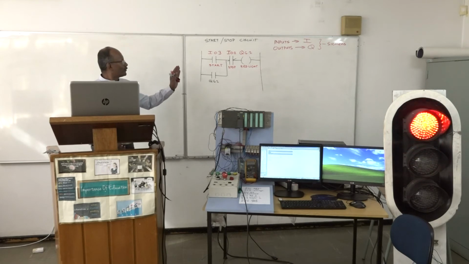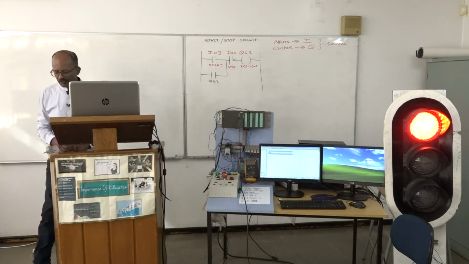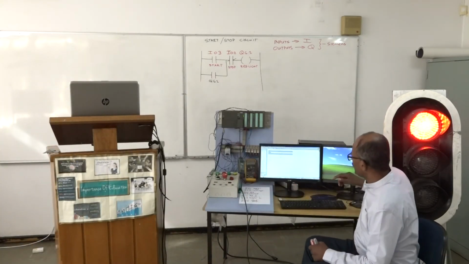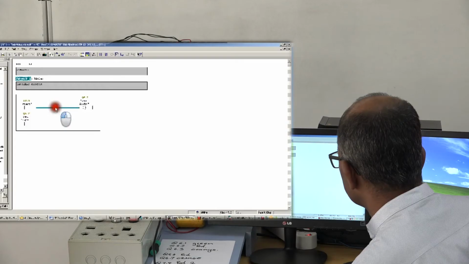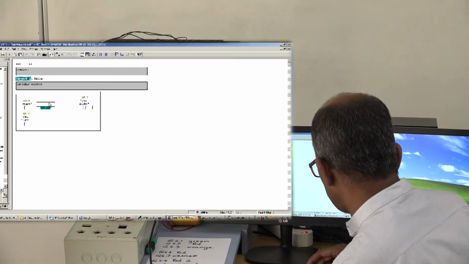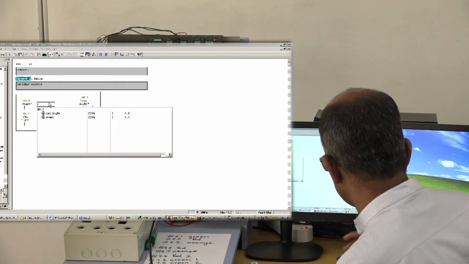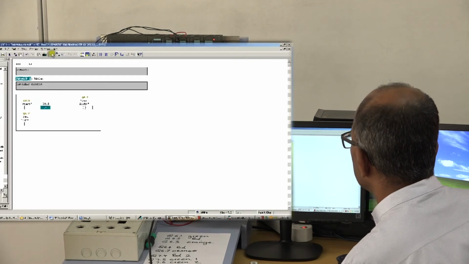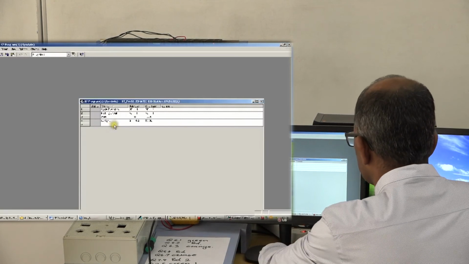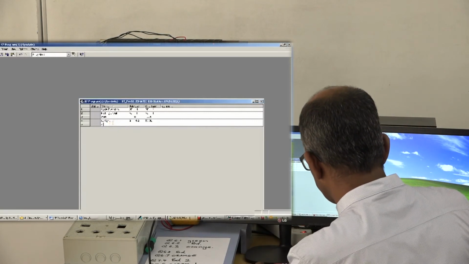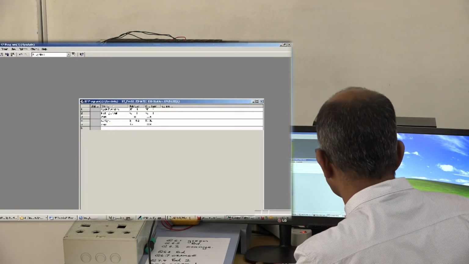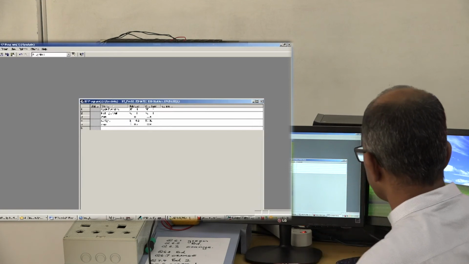So for me to now turn off that red light, all I have to do here is insert a normally closed contact, call that I0.2, okay. I remember I also want to include a symbolic name, go to my symbolic table, say stop, and I call that input I0.2, save,